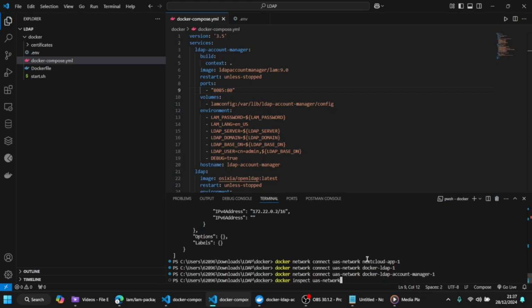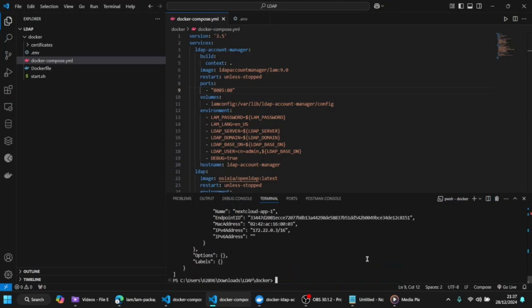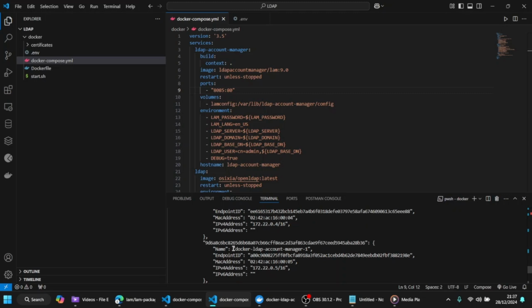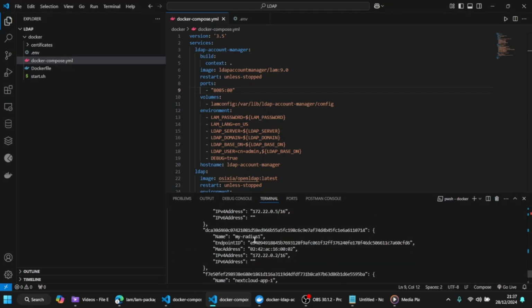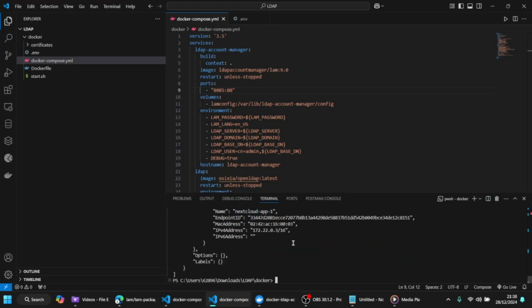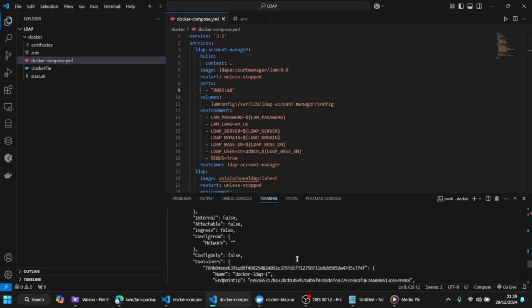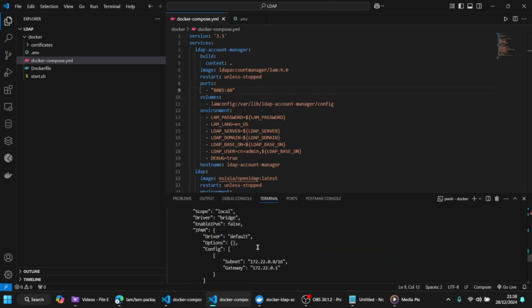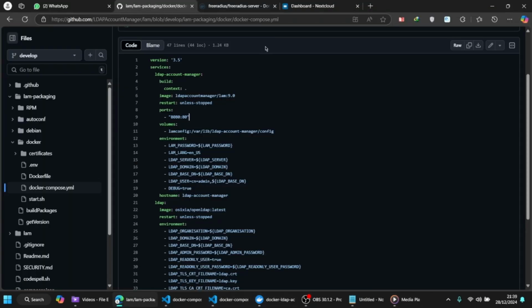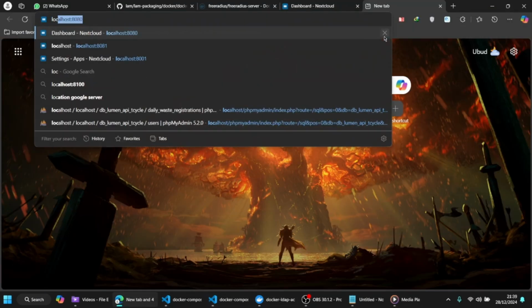Okay, make sure to check the network. Make sure that there are four containers connected. One, two, for the LDAP account manager. This is for my radius. And next, okay, so the four containers are already connected to one network, which is UAS network. Now we go to localhost